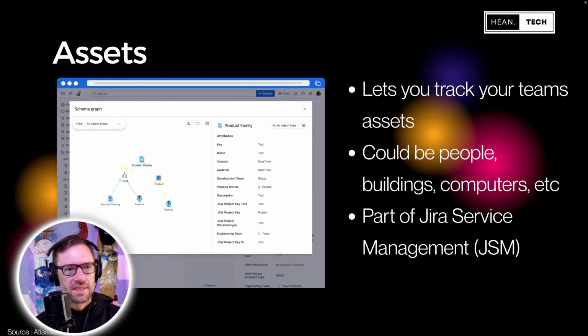Someone mentioned assets earlier as an app. This is a subset of Jira Service Management because, again, service isn't just fix my password, it's something is wrong or I need help. Part of that could be something broke with my laptop, or there's something wrong with the air conditioner, or I'm an employee and I need to know something about them. So Jira has assets, this app that tracks an asset, which is just anything of value to an organization. Assets can be used to track phones, computers, people, buildings, medication, pretty much anything. In the example here, we have products, but anything you want to relate to anything else.